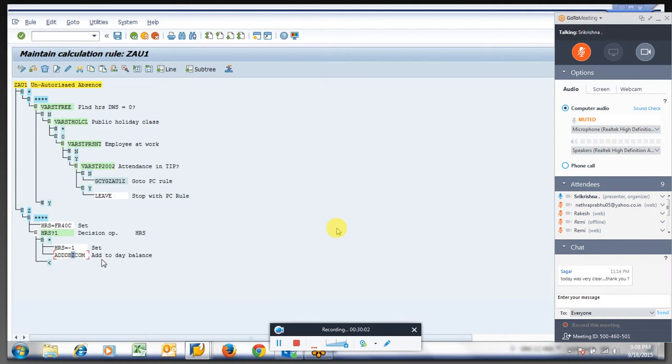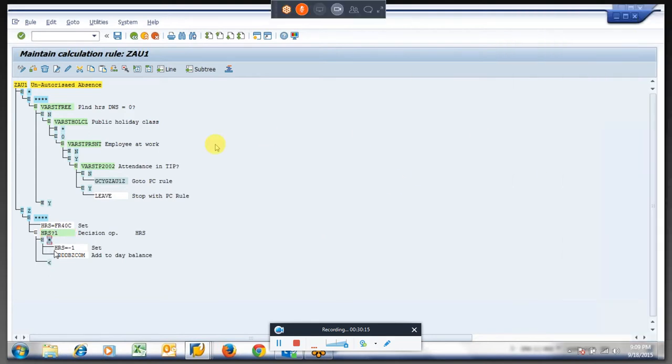If you remember the previous sessions, what I am doing here is checking with the quota: if comp off is available, it is compared with 1, it is not less than 1, it is 1 or greater than 1. So I am passing a -1 and generating it to ZComp, which is the time type which we have given in the configuration to generate compensatory off. So 1 day will be subtracted from this particular time type, meaning it will be subtracted from his quota. We will see how it is working,